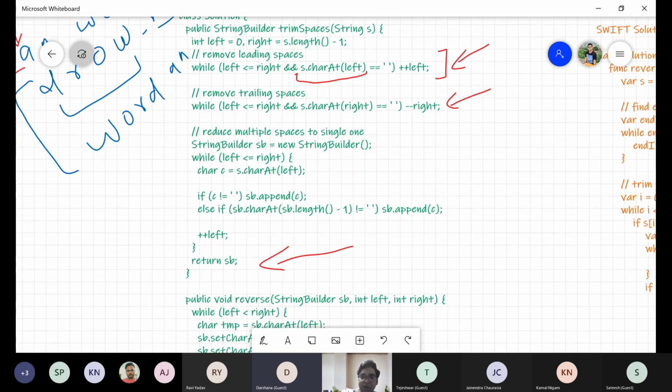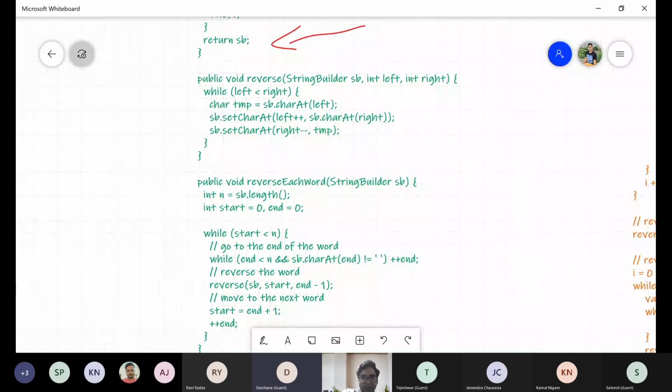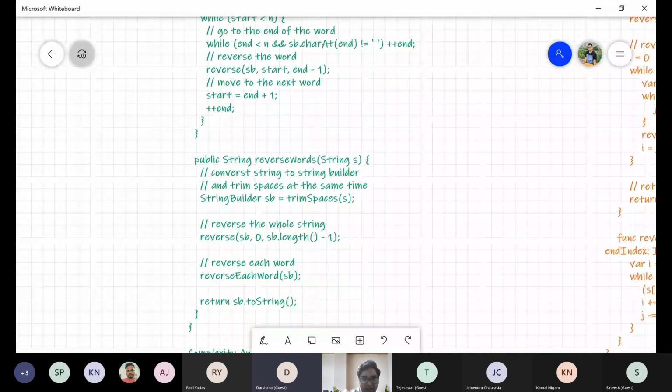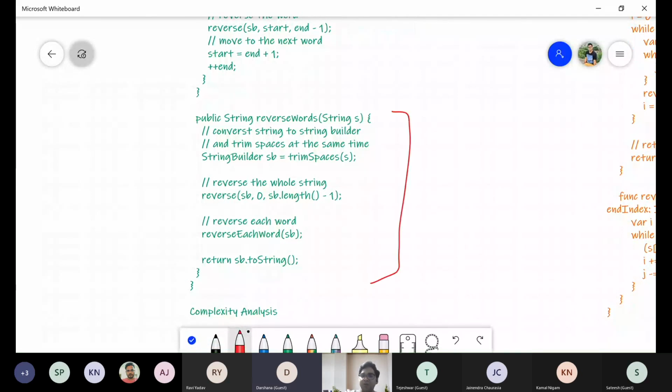Now our logic part will come. This is our main method in which we need to write the code. What we did is we did this part first. Now we just wrote the logic for reversing the whole string, and it seems to be very simple.